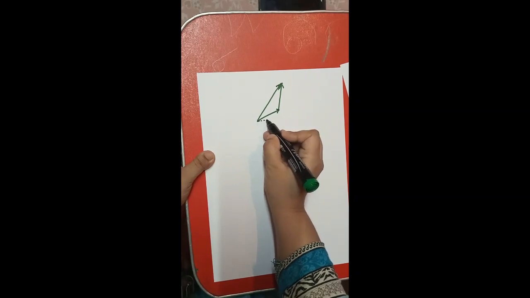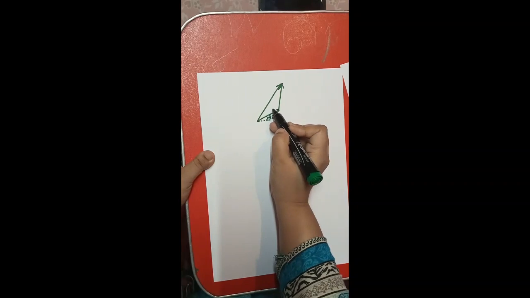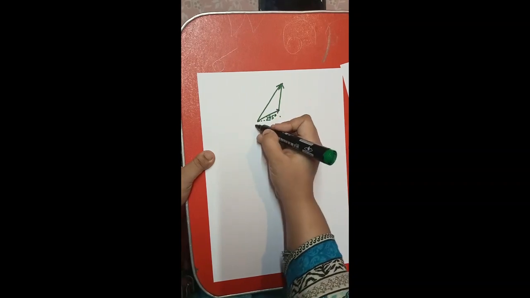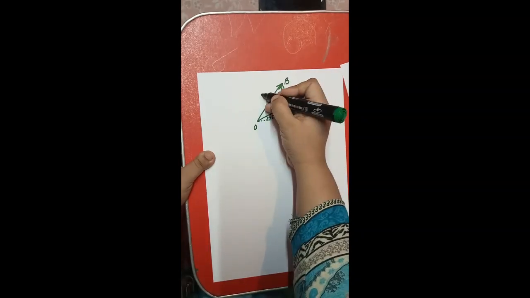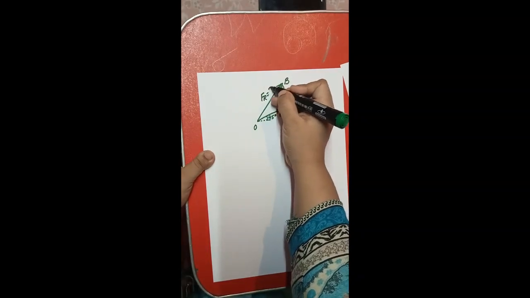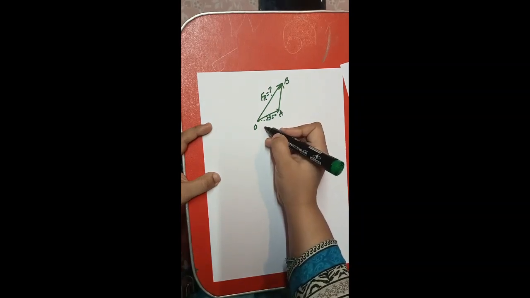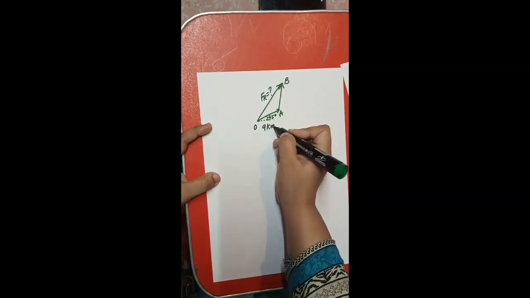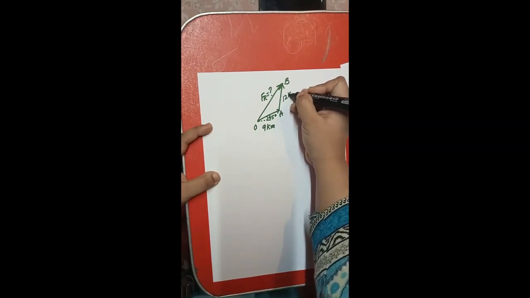Here a 45 degree angle is given to you, and this one is O, this one is A, this one is B, and this is FR. We have to find it out. The length OA is 9 kilometer, and the distance he moves from A to B is 12 kilometer.